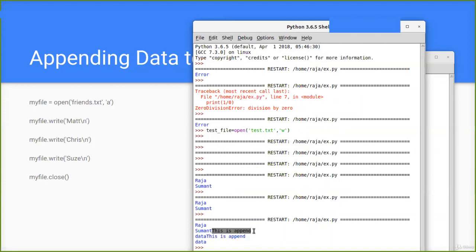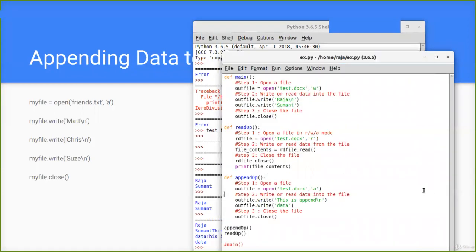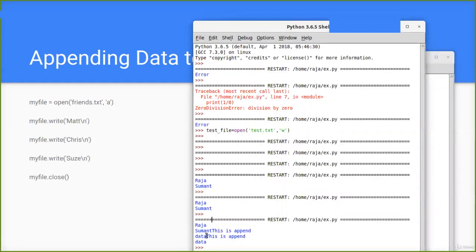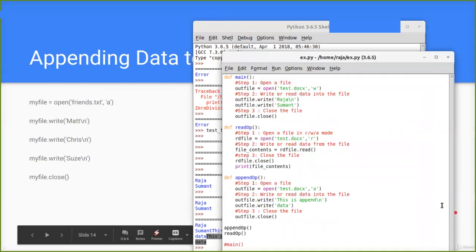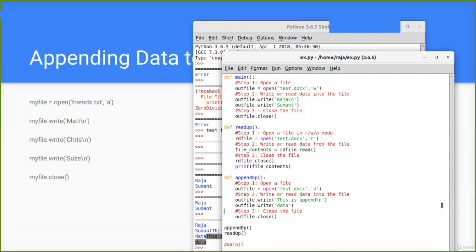This is append, and then in my next line I had simply done data, and when I ran it twice, again the statement got executed, and it got appended twice. So since I had run this function twice, it got appended twice. So this is how you add data inside append mode. Okay,